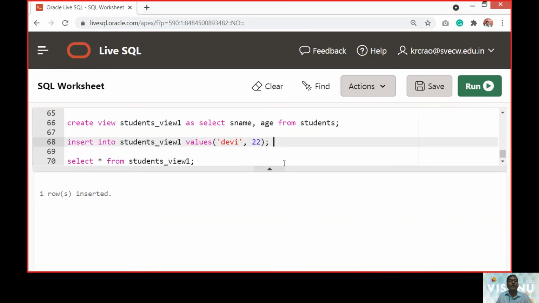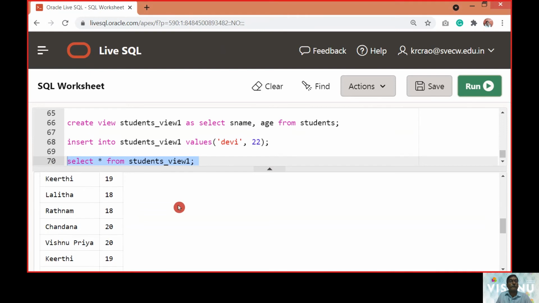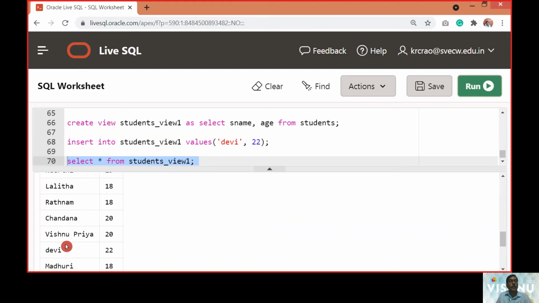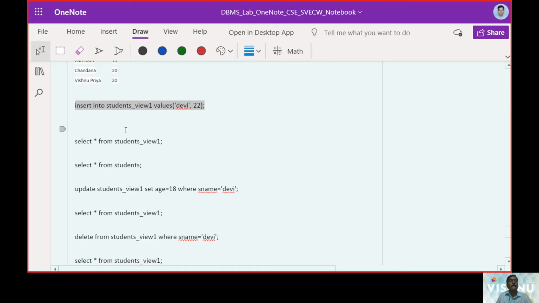Okay, now let us check what happens to the view. You can see Devi is now inserted at this point. So I can just type that record Devi is inserted.